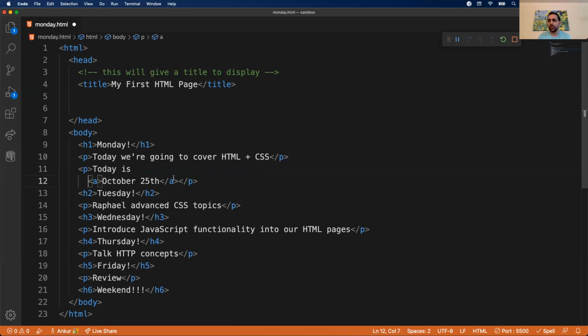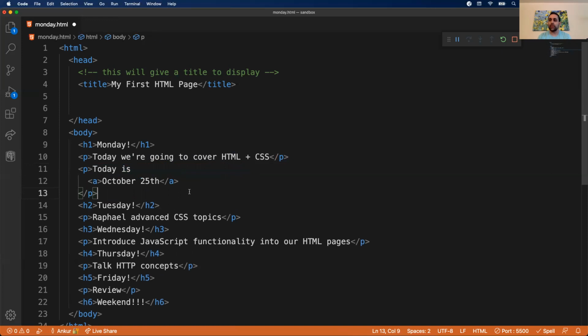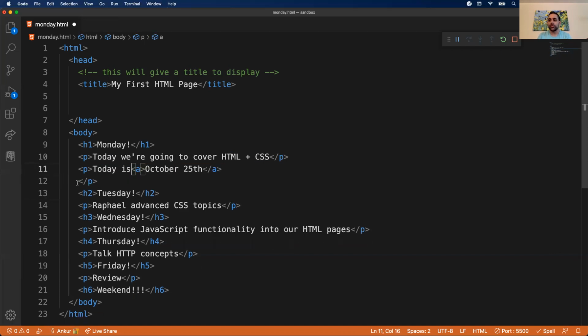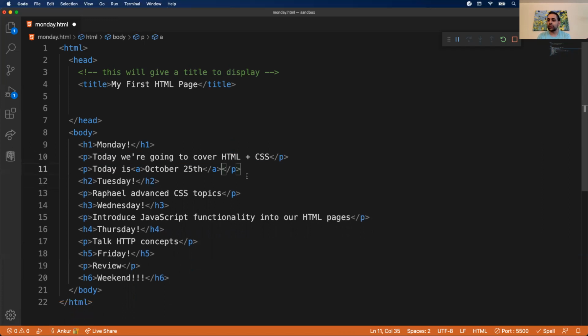So I could put that on a new line and maybe do it like that. And that makes it hard to read this line. So I prefer not to do it this way. But again, you're a designer, so you can figure out what makes sense to you. But also there are naming and styling conventions for HTML documents, just like there are for JavaScript documents and Python documents. So I think typically you'll always see anchor tags on the same line of whatever textual content they're within. So if I do it this way, this is just my paragraph text, but this should be